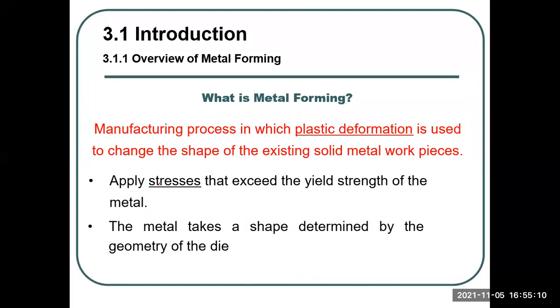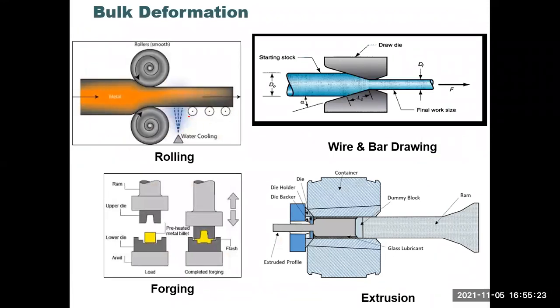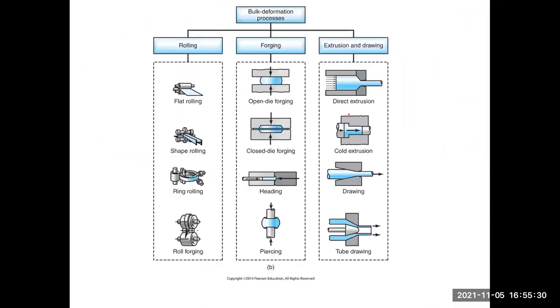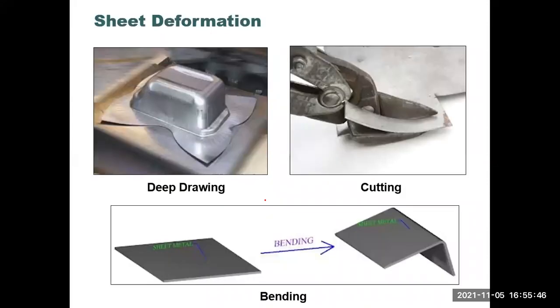Okay, so the fundamentals is plastic deformation. This is the most important thing. And we have the bulk one and the sheet one, so we basically only talk about these two. And also these are the illustrations, but since all these are not required, there's no need. So basically just these two, okay? And also this is just rolling and forging, okay? I think this, no need. Just the one you're familiar with, okay? And this, no need,